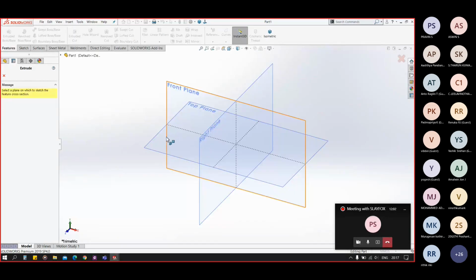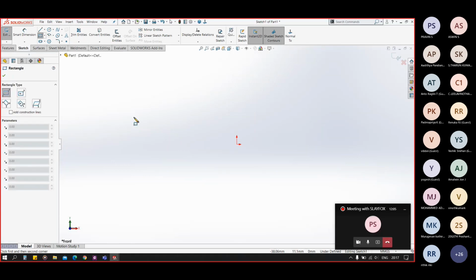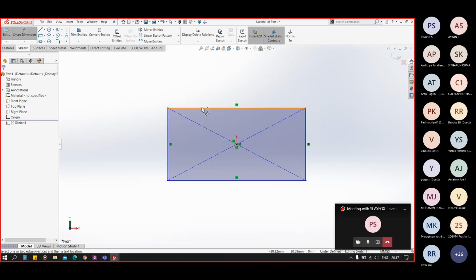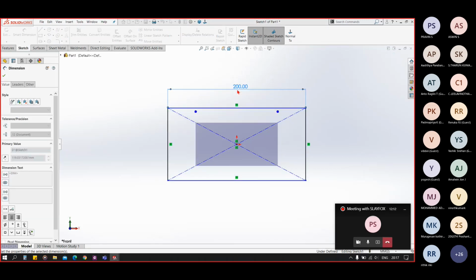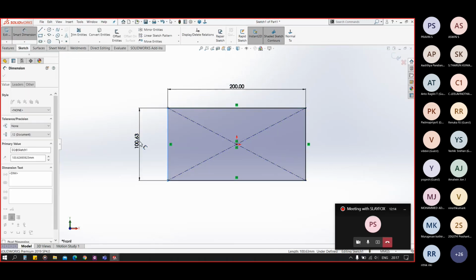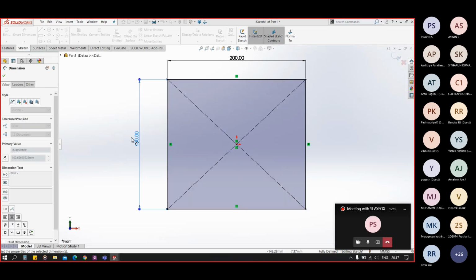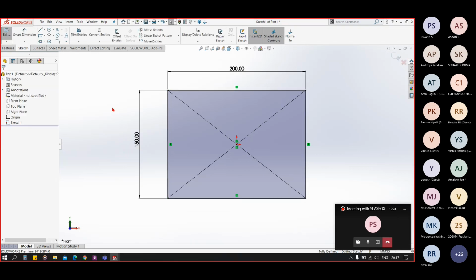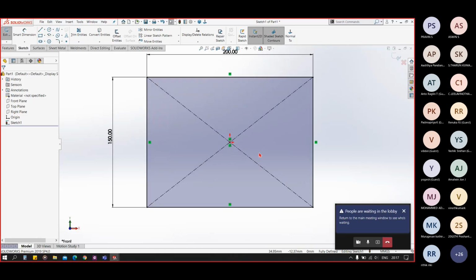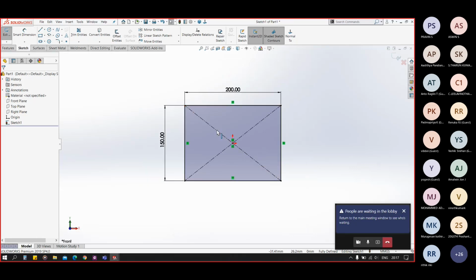As usual, I'll create some basic geometry for our part. As you can see, I have made a sketch, actually a center rectangle with a 200 mm length and 150 mm width.